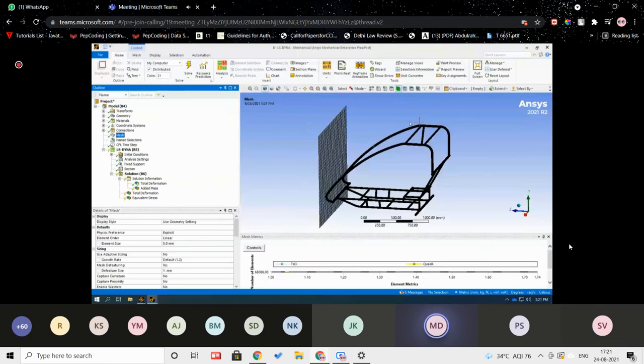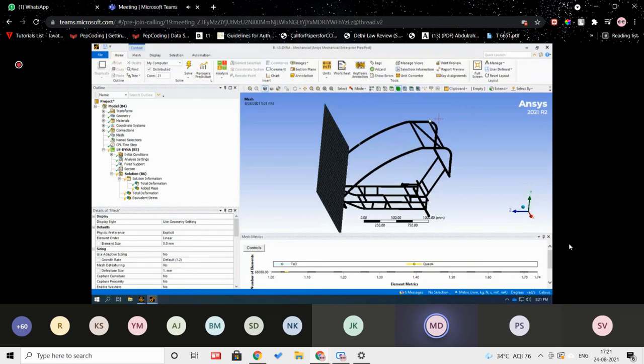Yes, sir. Basically, before selecting this 5 mm, we do a mesh convergence study. We try with 50 mm, we try with 10 mm, we try with 5 mm, we try with 4 mm. Let us suppose I have a big gap between 10 and 50. I have started with 50, then a big gap to 10, then 20, 9, 8 or 7. So the curve will look something like this.